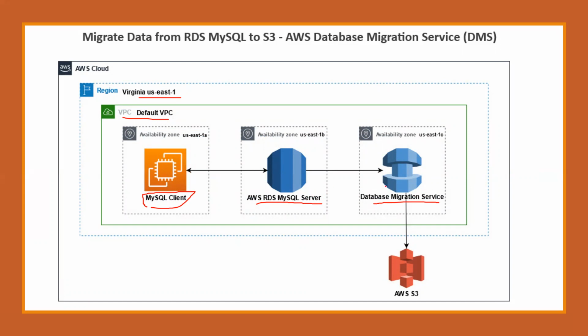What we will do is, this DMS tool will take the data from this SQL server and migrate it to S3 in the form of a CSV file or any other desired file format. We will check S3 for that data: whatever data is on the SQL server, we can find the same data in S3 after the database migration service has run. I will show you this same demo in part 2.